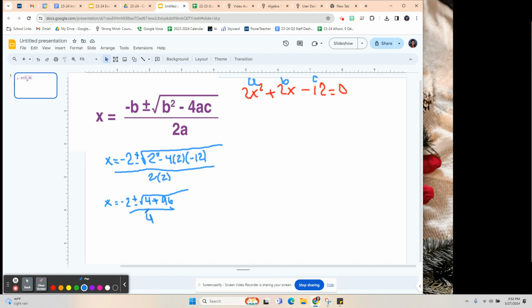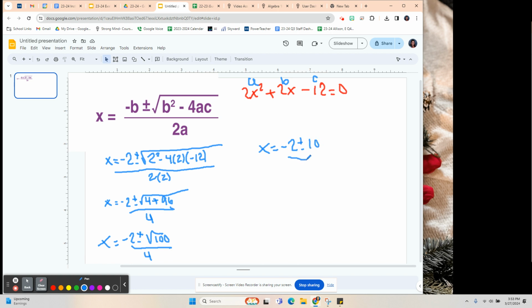Okay, so now let's simplify the inside of that radical. So we have x equals the opposite of 2 plus or minus, well, 4 plus 96 is 100. And that's all divided by 4. Okay, now if we continue, the square root of 100 is 10. So I have x equals negative 2 plus or minus 10